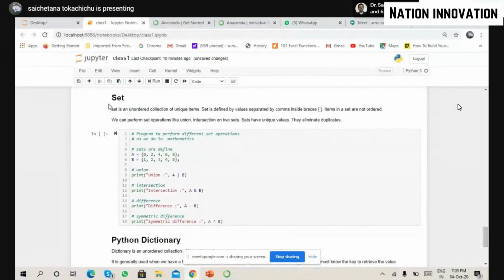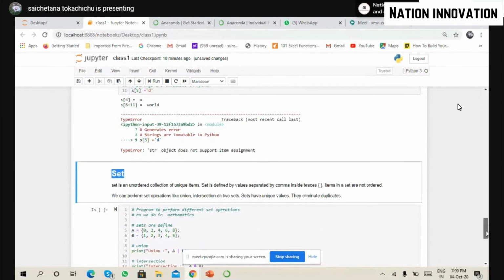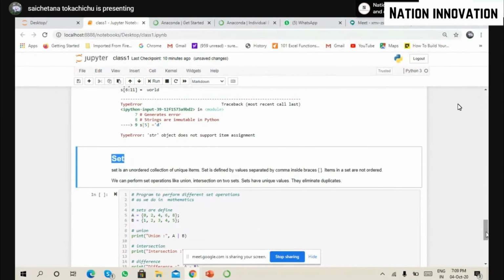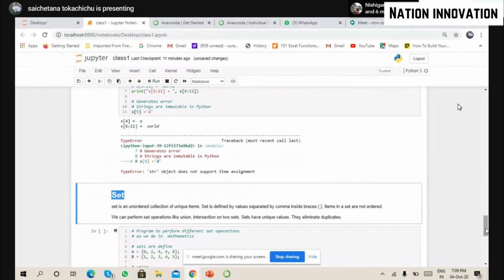Okay. Now a set. What is a set? A set is just a collection of objects together, right? There is no order in it. Like in maths, I think we studied it in 10th and 12th, where you had to do some set operations of union, intersection, and whatnot. So similarly, a set is an unordered collection of unique items. Remember this. It is a collection of unique items.